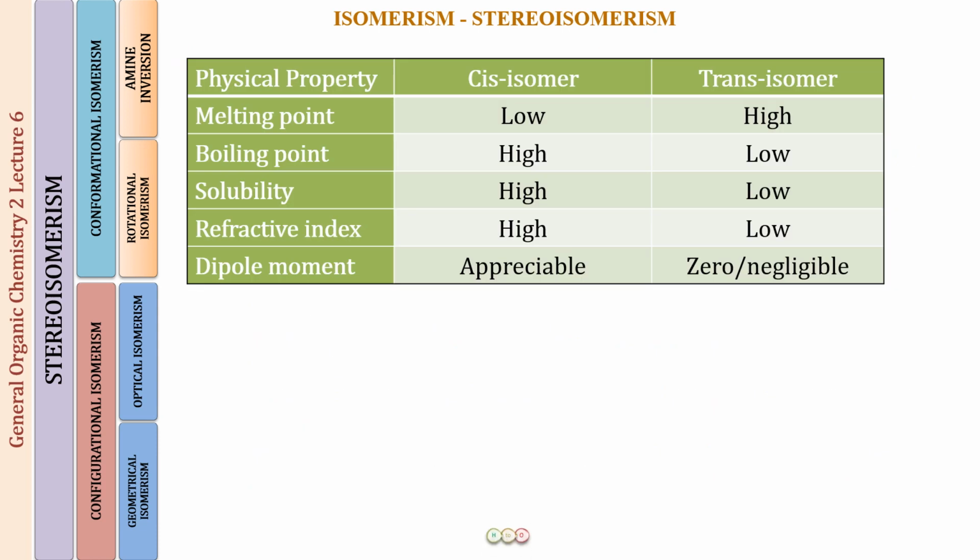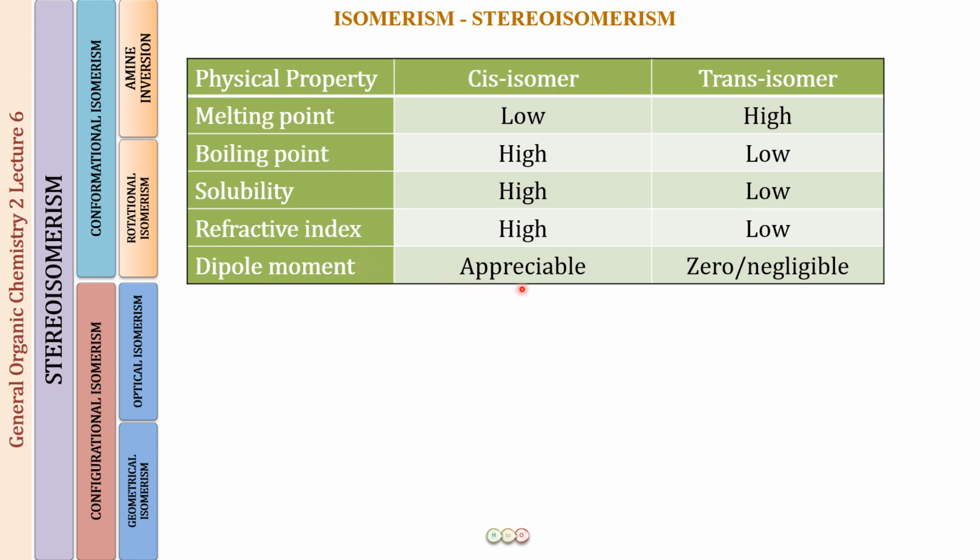So to sum up, I have put up a table also for you so that you can remember it easily while you revise your lectures. So the melting point for the cis isomer is going to be lower than the trans. The boiling point is going to be higher. The solubility for the cis isomers is higher than the trans isomers. The refractive index value is going to be higher for the cis in comparison to the trans isomers,